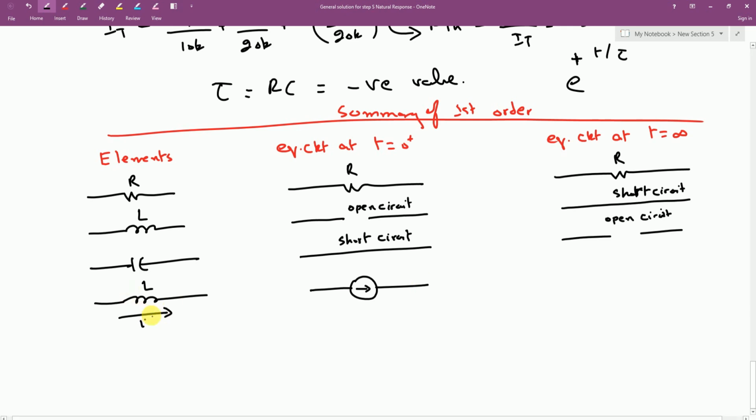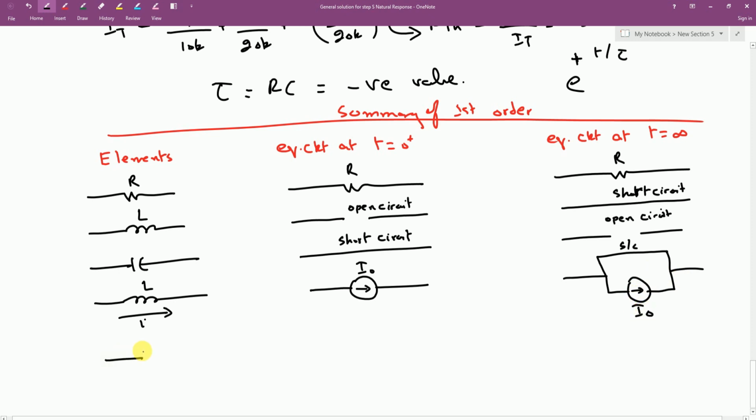Suppose we have 1 ampere current flowing through the inductance, and at time t equal to 0 we turn on the switch or turn off the switch. The inductor will try to keep the value the same, such that I0 negative is equal to I0 positive. This means that the inductance at time t equal to 0 positive can be modeled as a current source with value I0, which is the initial current flowing here. And at time t equal to infinity, the inductor will become a short circuit, alongside the current that flows through that short circuit, which is equal to I.